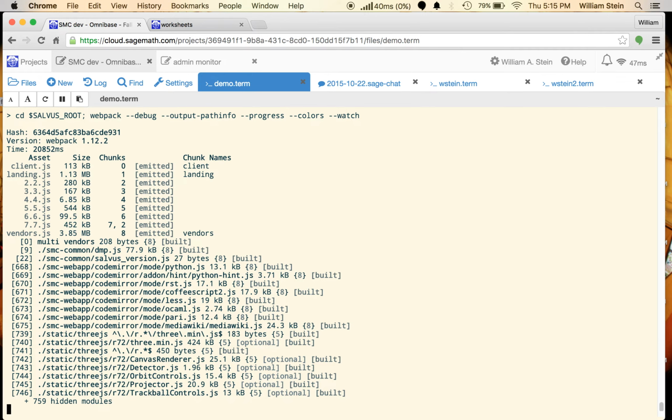So if you look in demo.term, you'll see that it took over 20 seconds the first time. And during that time, instead of basically doing a similar thing with the old browserify and uglify JS stuff that I had, which would take like 10 seconds, this takes 20 seconds. But now if we modify a file, so I'm going to, actually,